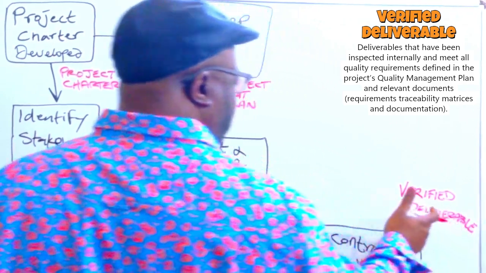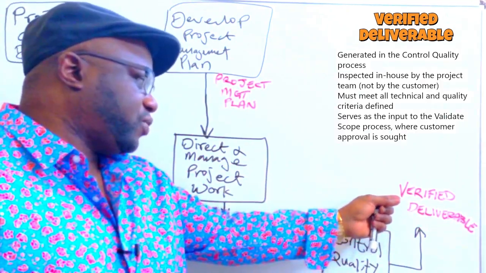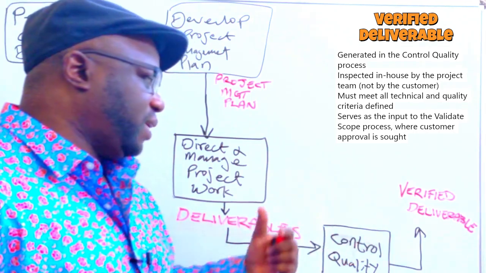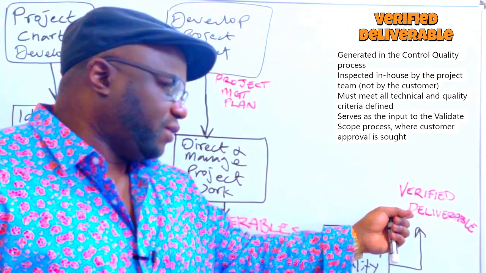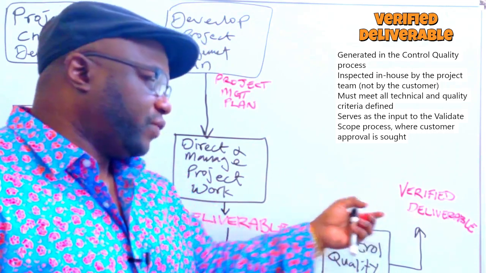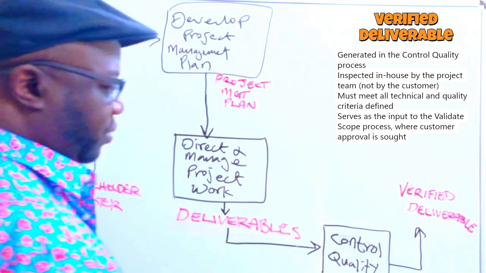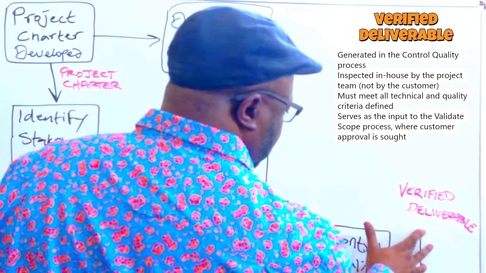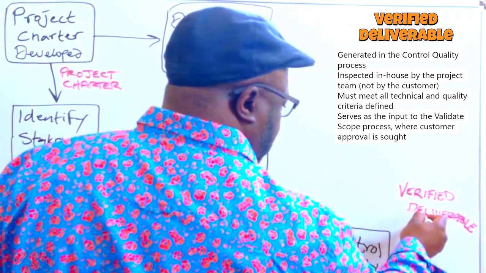Okay? Your verified deliverable is a stamp of approval. This verified means that the quality control team internal to our performing organization has assessed it, and they found that this deliverable is fit to go to the customer for the customer's inspection. It's one thing for us to say it's good as the performing organization, but it's another thing for the customer to also agree. All right, so verified deliverable is an output of control quality,